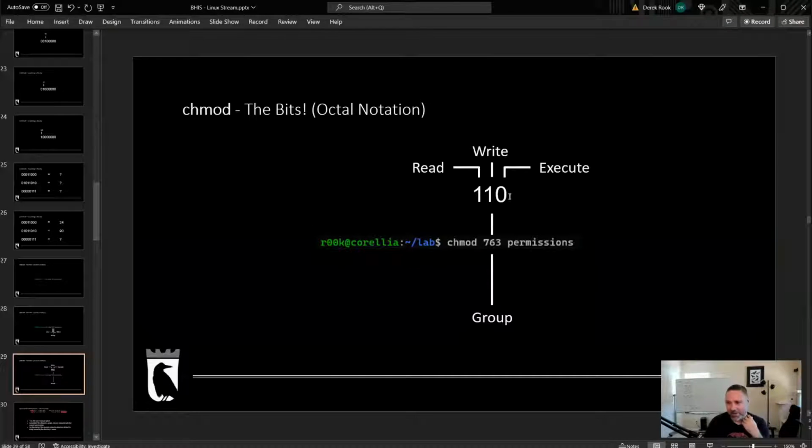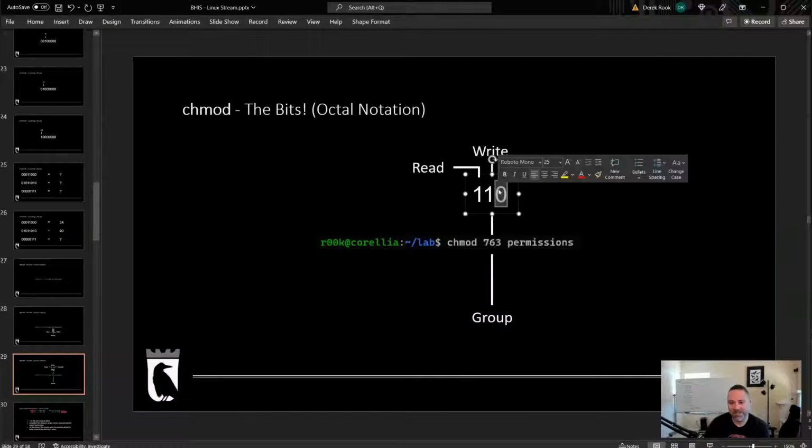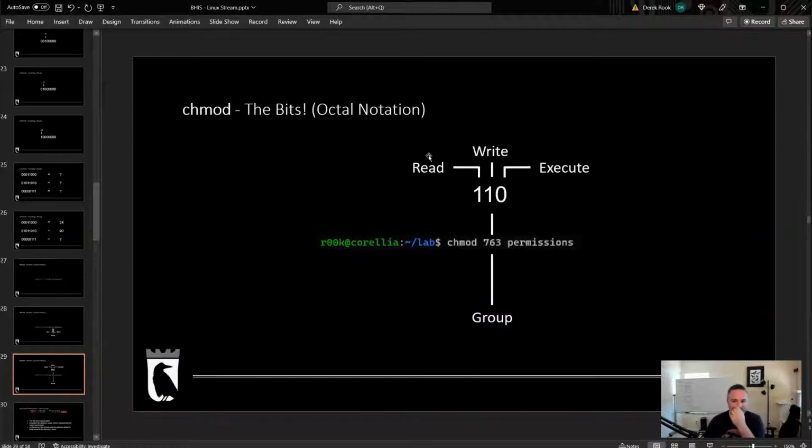So when we break this down, and I highlight it here for you, the 1s place in this notation is the execute bit, the 2s place is the write bit, and the 4s place is the read bit. If you have trouble remembering, you don't have to memorize this. This is all in order.